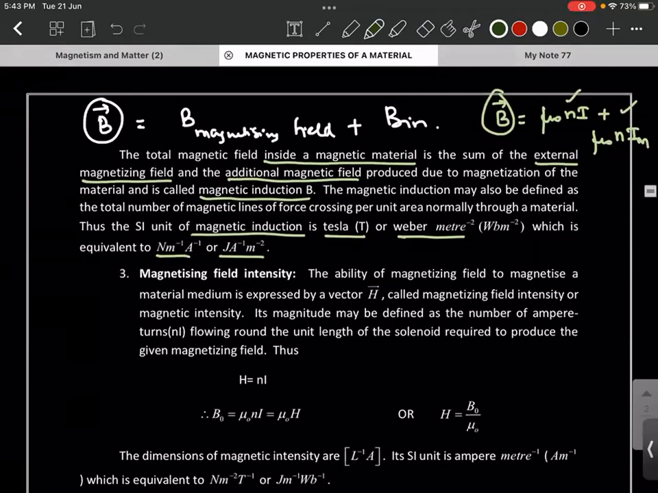Okay. The next term that we are going to see is magnetizing field intensity. If you see the word magnetizing, that is always